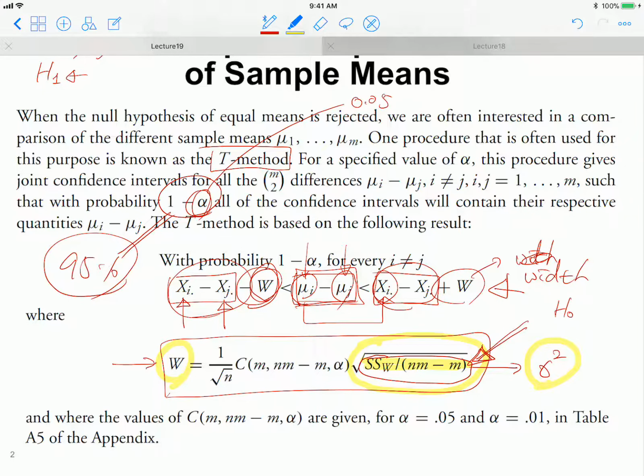So if sigma was really large, then we have to have a really large interval estimate, because a large sigma value will bring us a large amount of uncertainty, right? So intuitively,